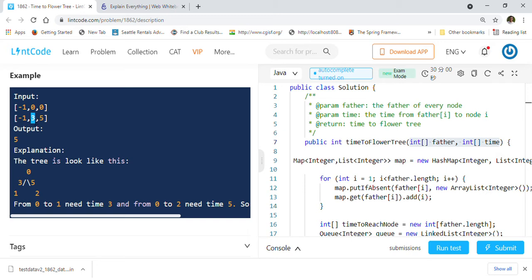So 0 to 1 takes 3 time, and 0 to 2 takes 5 time. So the maximum time it will take will be 5, because 5 is more than 3. So that is what we have to return. That is the problem.